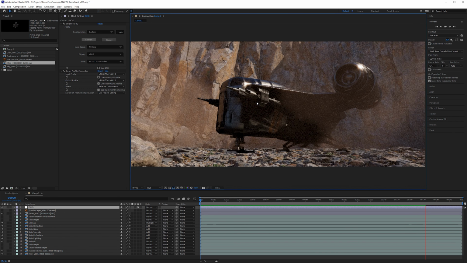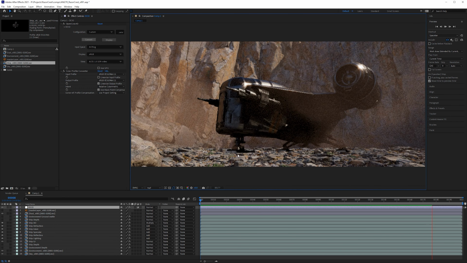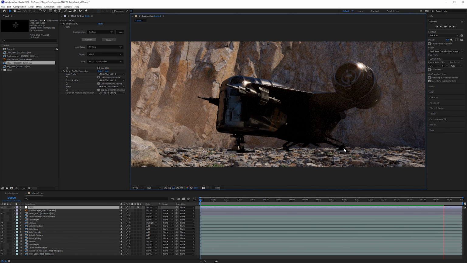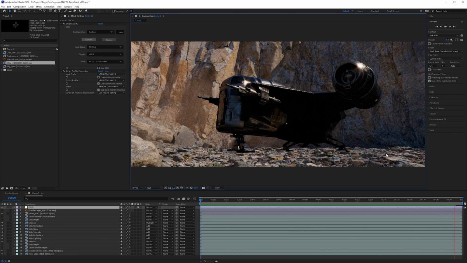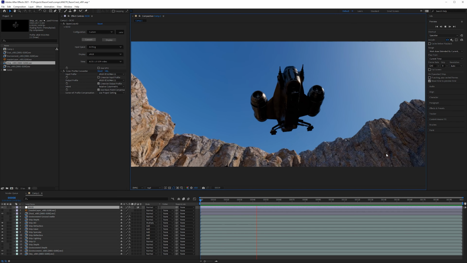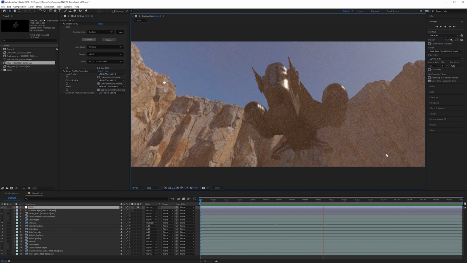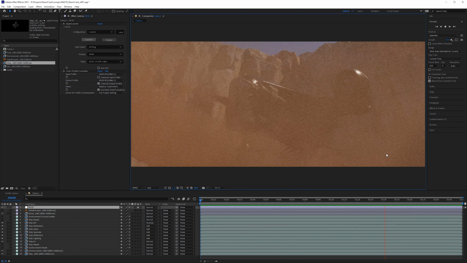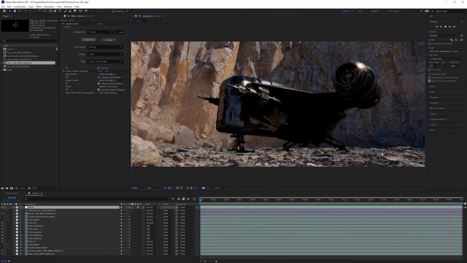Because really, as the ship is about to touch the ground, this should be kicking up a lot more dust. And of course, the fact that the landing gear sticks over the top of the rocks is a problem, but as I said, we will fix this in Maya. All right, so now we can see the whole thing, and there are some issues with it for sure, but overall, I'm pretty pleased with it.